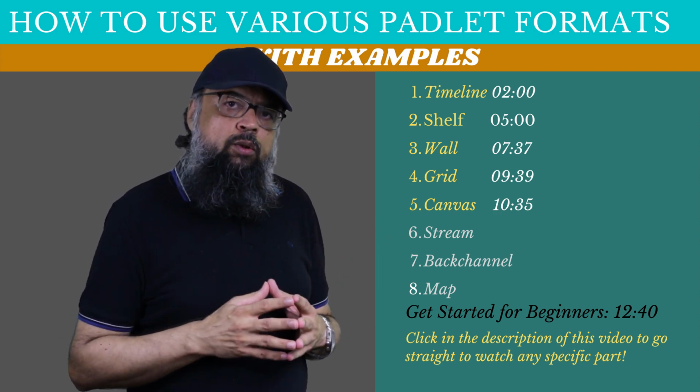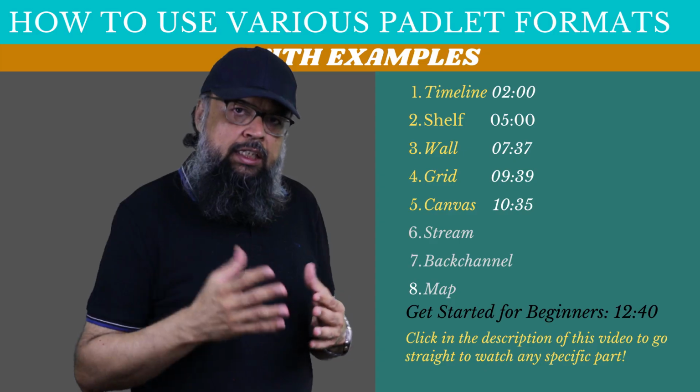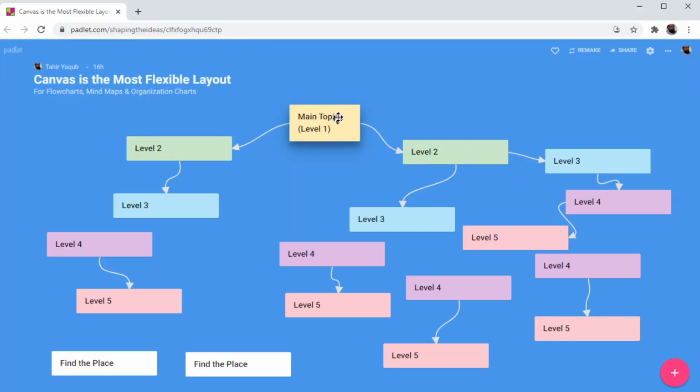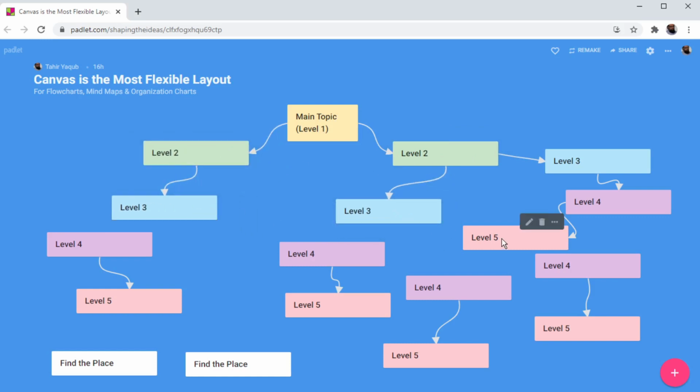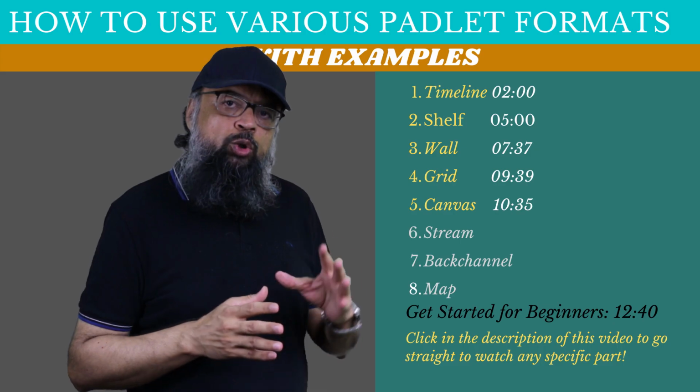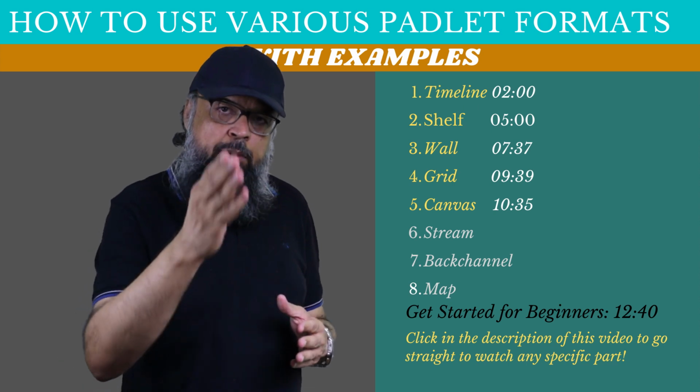Let's say that you create all posts yourself, main topic, subtopics, and then you give a hint on those posts as well. And as you can see in this example, I am showing level 1, level 2, level 5. And this is the hierarchy of the topics. I am showing you just level 1, level 2 to explain to you.